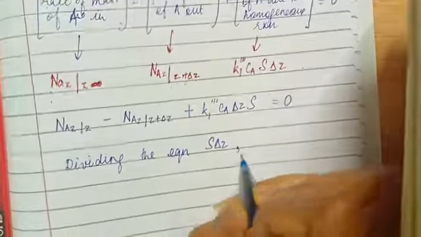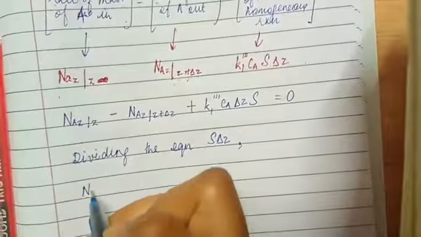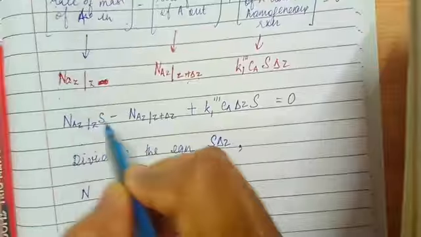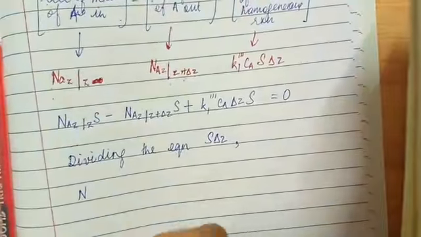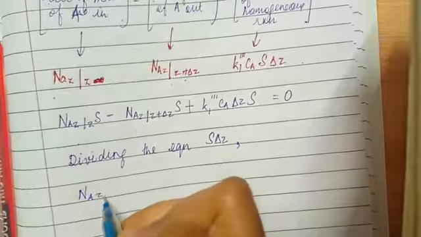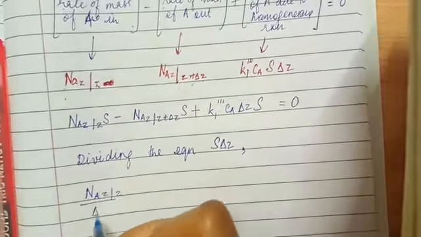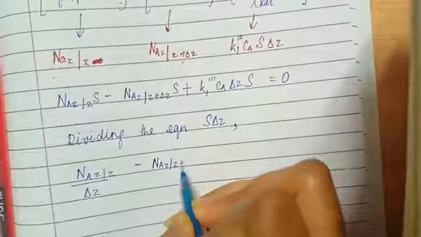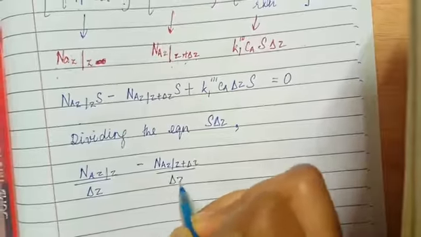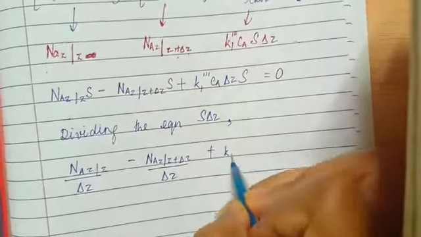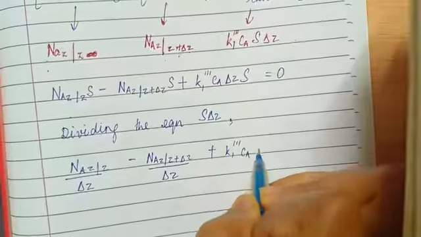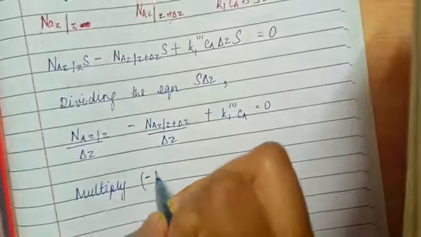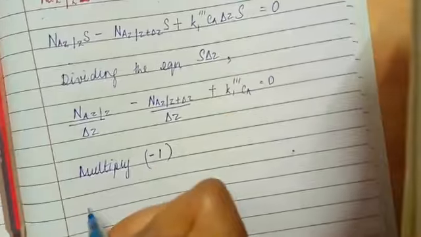By doing so, we get the equation as NAZ at Z by delta Z minus NAZ at Z plus delta Z by delta Z plus K1 triple prime CA is equal to 0. Now we multiply the whole equation by minus 1. So we get,